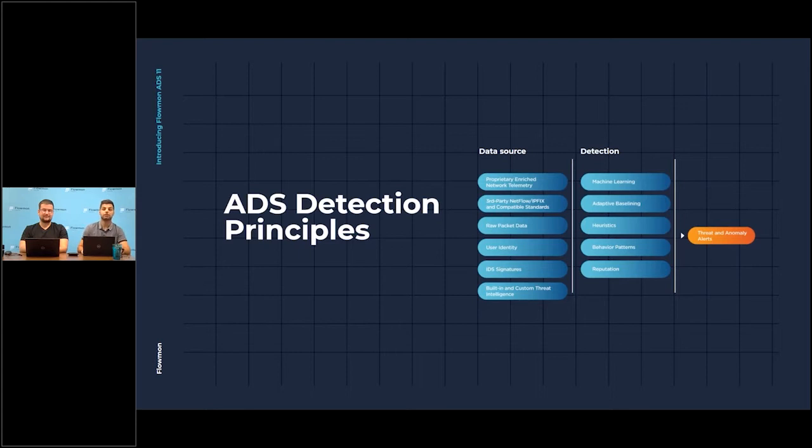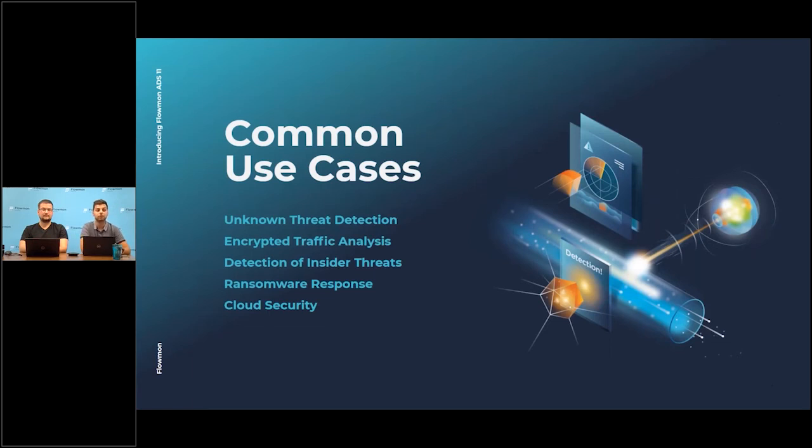And this all results in threats and detection, anomaly detection and alerting. The most common use cases are, as mentioned, unknown threat detection, looking for attacks that don't have a signature available yet, understanding the threats, and also enforcing policies within encrypted traffic, detection of threats that are not coming from the outer world through our perimeter, but